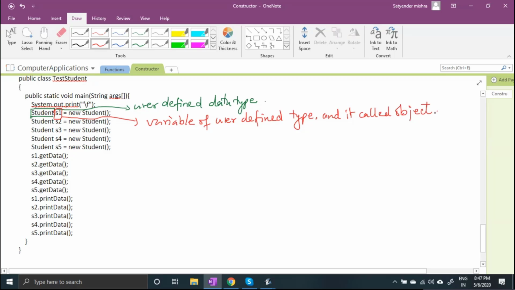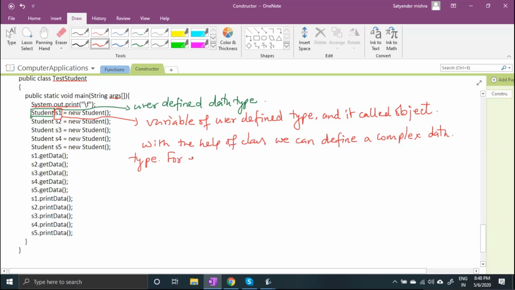So with the help of class we can define a complex data type.